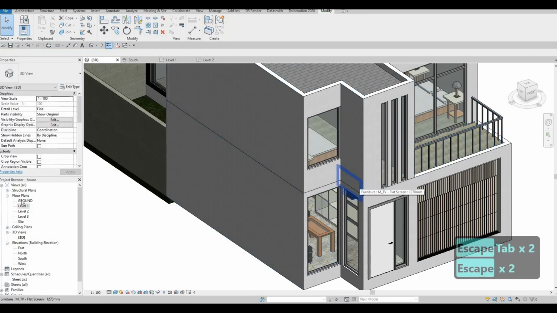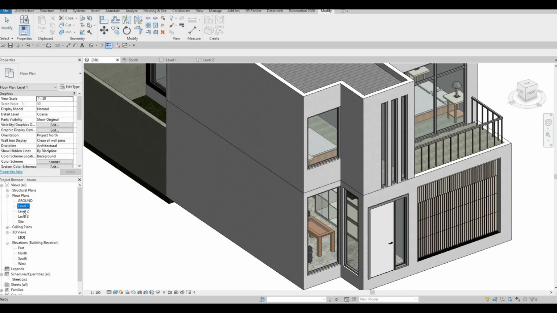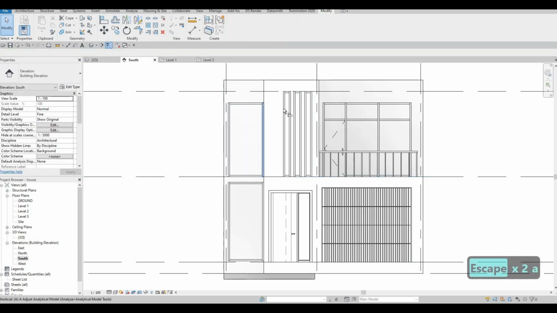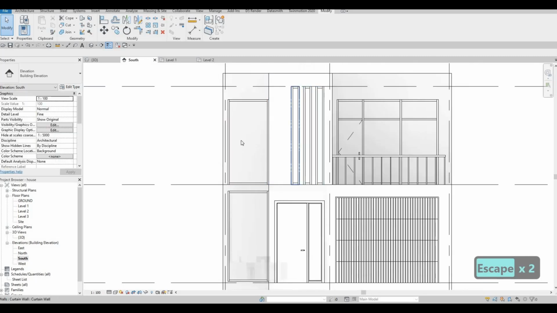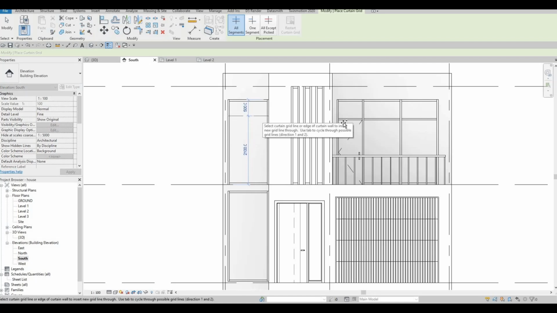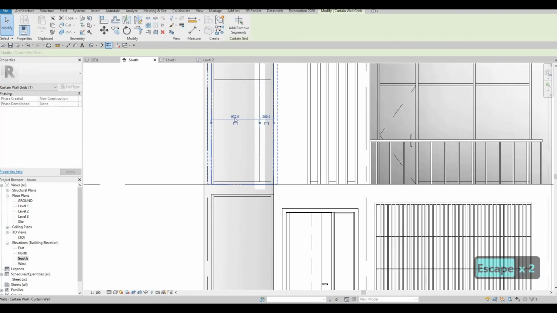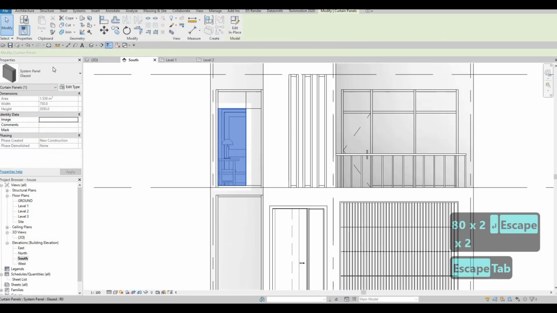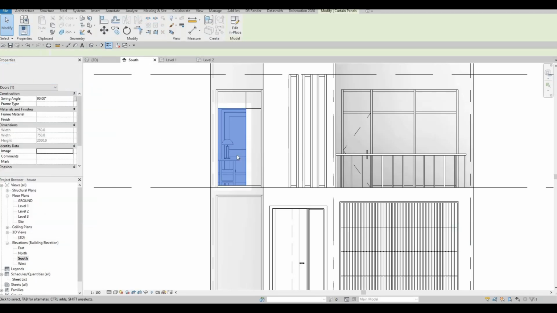If we could just add, I'm going to south elevation. This one I'll put it down, all the way down. I'm going to align it from the top. This is already aligned, so that's good. And then I'm going to add in curtain grid similar to this, and then maybe just good enough size for this. I'm going to do 900 or 800 door size, and then click on this, change this to a door,